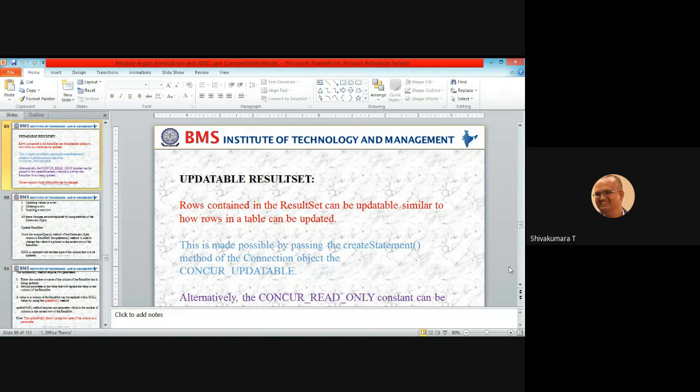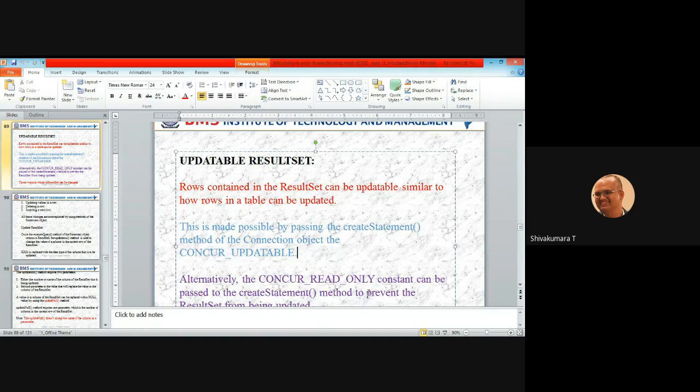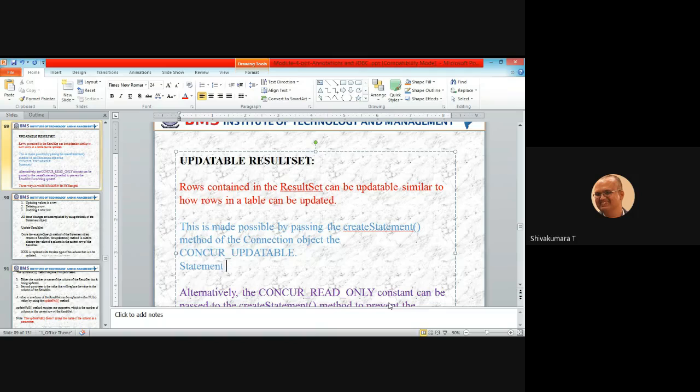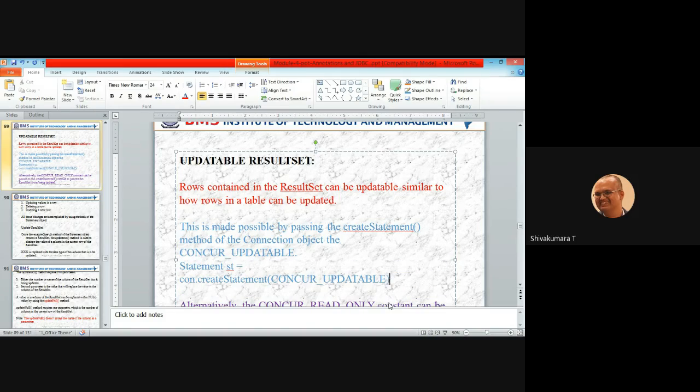For example, you are creating a statement: st equal to connection dot createStatement. When you create a JDBC statement, if you pass this CONCUR_UPDATABLE, the meaning is that whenever changes happen to the result set, they will immediately affect the database. That is concurrent. Parallelly, it is updating the result set as well as the database itself.